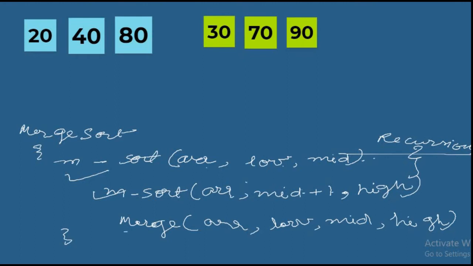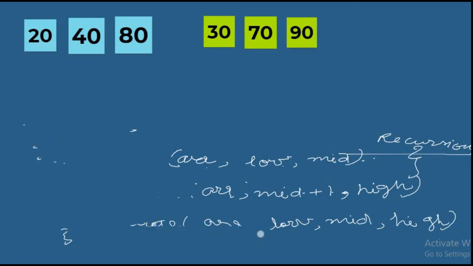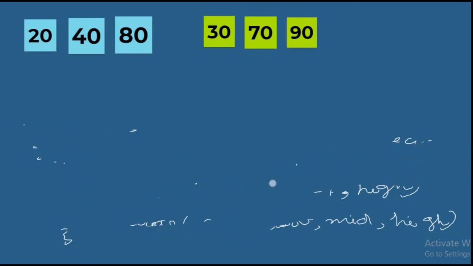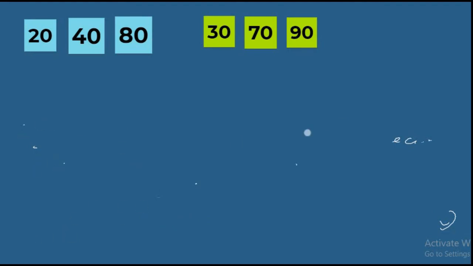Now how we are going to merge and sort together? For that we have to write another function in which we are going to perform the two-way merge technique. Now I will tell you what the two-way merge technique is. Let me make a place here. Now we will perform two-way merging.